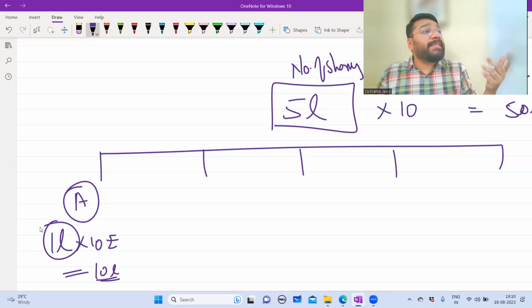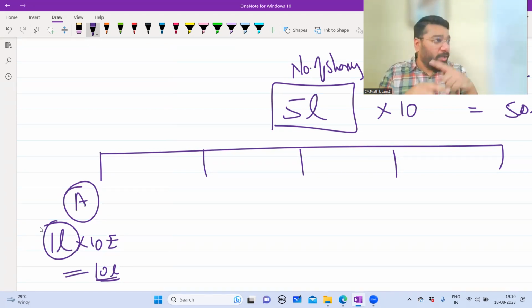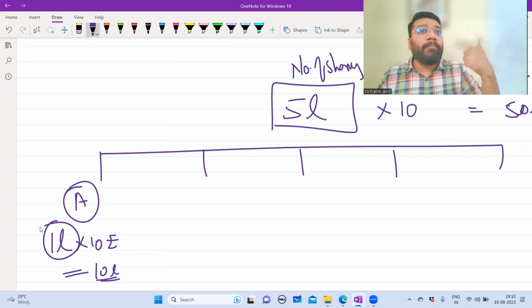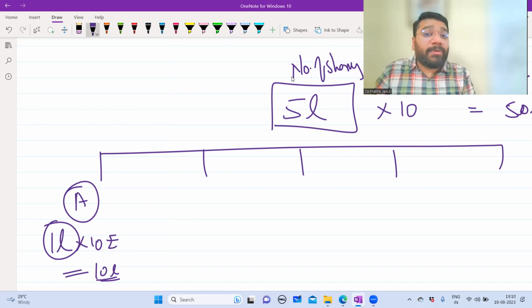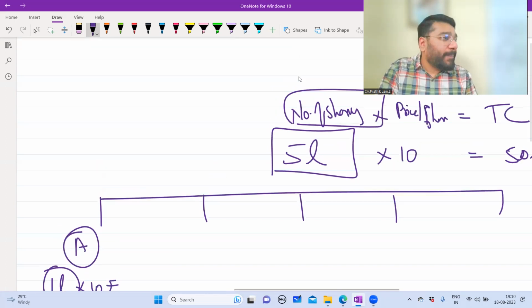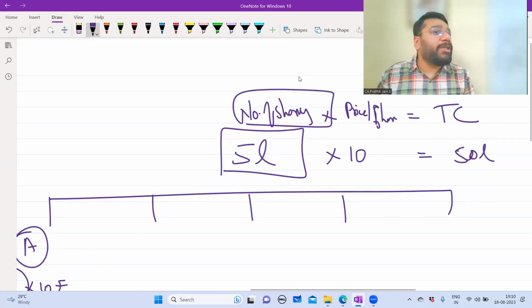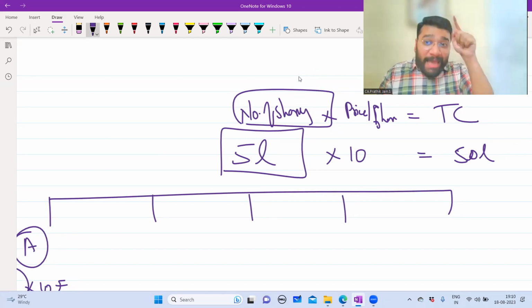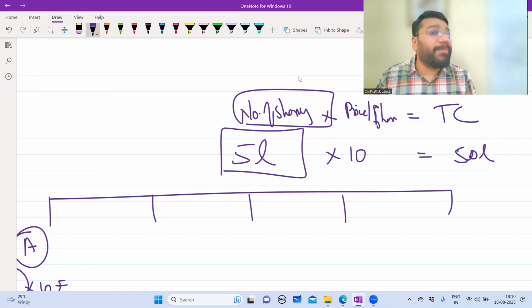So it becomes more easy for trading purpose. Now, once you understand the complicated part, when we come to public limited company, how the share market functions and all, that time you really appreciate this concept of number of shares. This concept of number of shares is not there in partnership concern and sole proprietorship concern, because the capital of the partnership concern, the capital of a sole proprietorship concern is never traded in the share market.